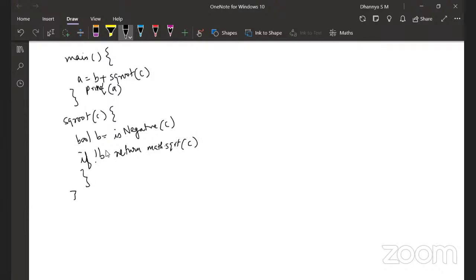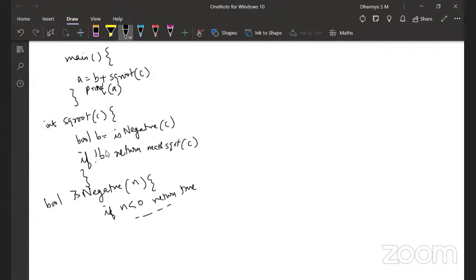Now I have the is negative method, which is taking something. If n less than 0, return true, else return false. Okay. So this is a Boolean, and this is an integer value. Suppose integer, I mean, just assume.